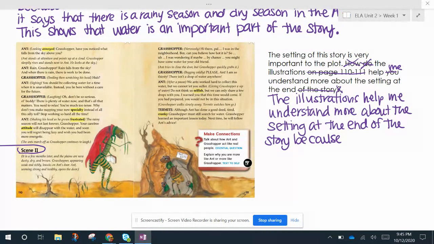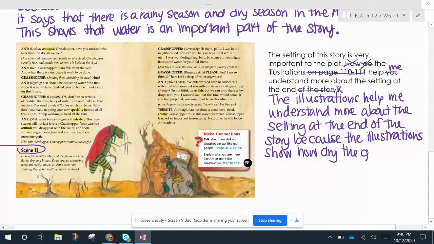So the illustrations help me understand more about the setting at the end of the story because the illustrations show how dry the grasslands are. Okay, and in the text it says,